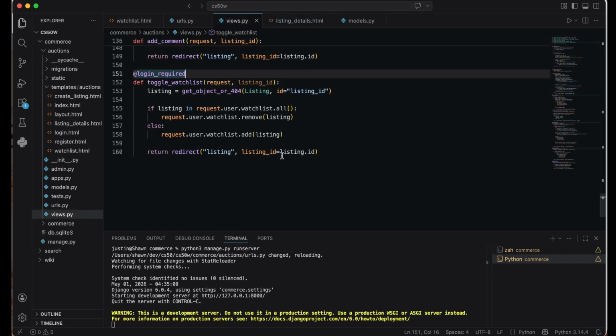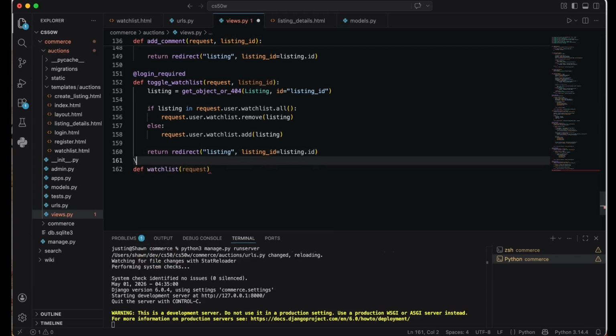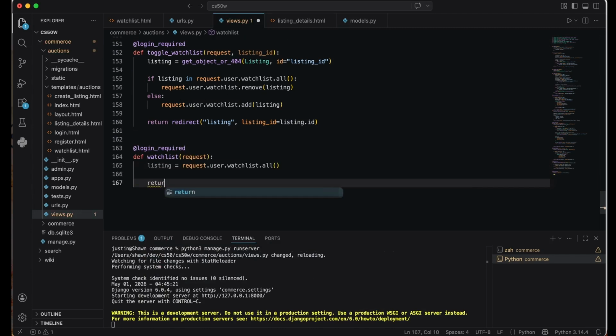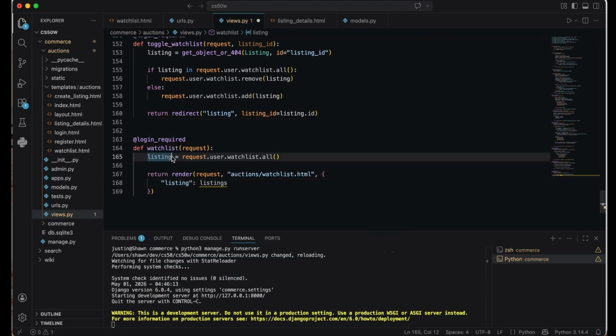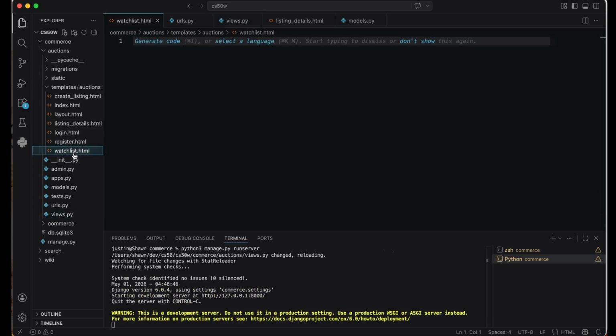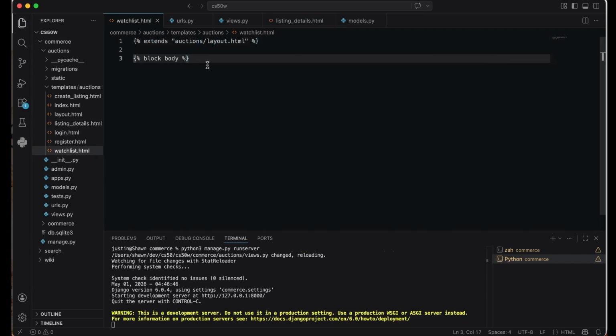Once we're done with that, we're gonna go back to our views.py again and make another function for our watch list view. This is the same. It needs a login decorator. The same, we're gonna access our listing rows and return render those listings to our template. They should be plural. Sorry for that, because there can be many watch list items that the user has already clicked. And let's go for our newly created watchlist HTML and design this. We're also gonna need to extend our layout, our navbar, and put everything inside our body.